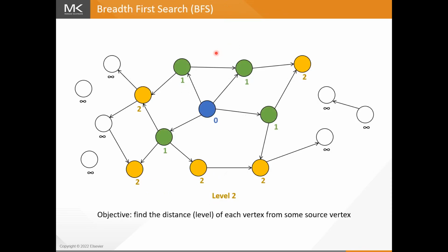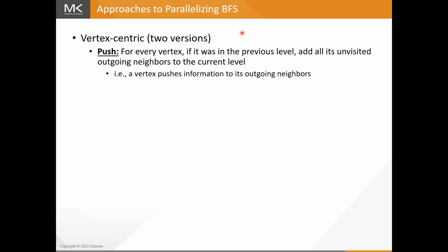time, where in each level we take all the vertices. So here, when we're looking for level 2, we want to look at all the vertices that are in level 1, and we want to mark their neighbors as being in level 2. And to do this, we can apply the vertex-centric approach, where every thread is assigned to a vertex. And again, there's two versions. There's the push approach, where we iterate over outgoing edges, or there's the pull approach, where we iterate over the